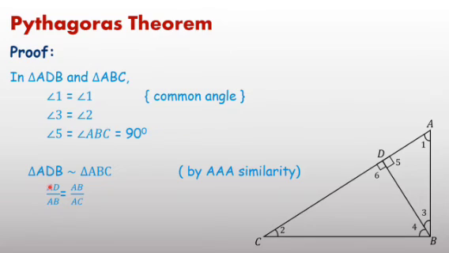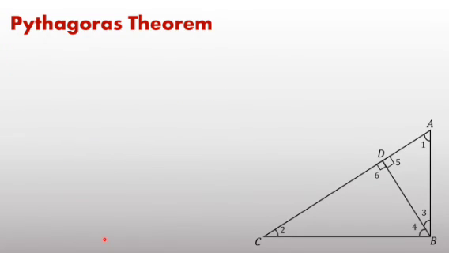AD means first and second point taken upon AB, first and second point. Then AB means from the first triangle, first and third point, and AC, first and third point. Cross multiply, you will get AD into AC equals AB square, equation first. Now next step,